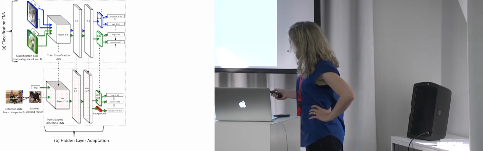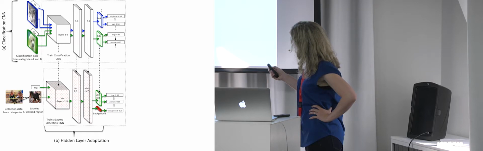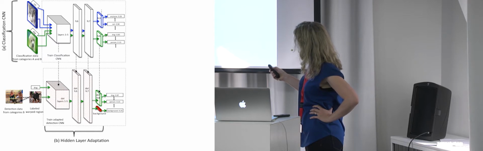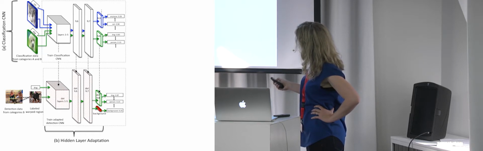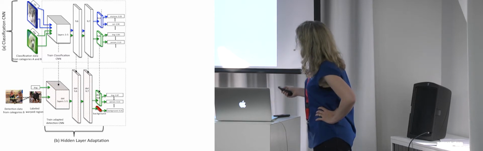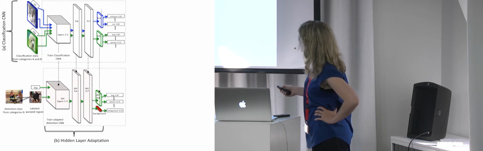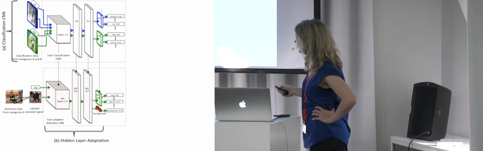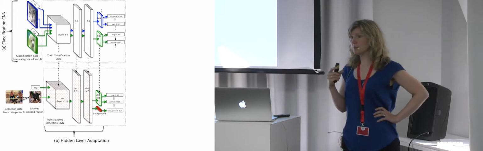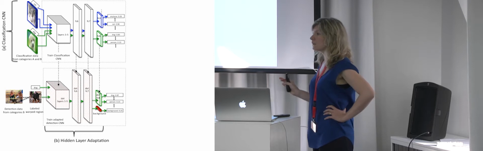And so the only difference is now our output layer is different. So we no longer have any output layer for cat and airplane because we have no detection data. We have no data to train this network with for those categories. But we still have an output layer for dog and other categories that we do have detection data for. And notice that we have this additional node, just a single neuron in the output layer, that fires when the input region is background. So it's none of the categories, it's just background.